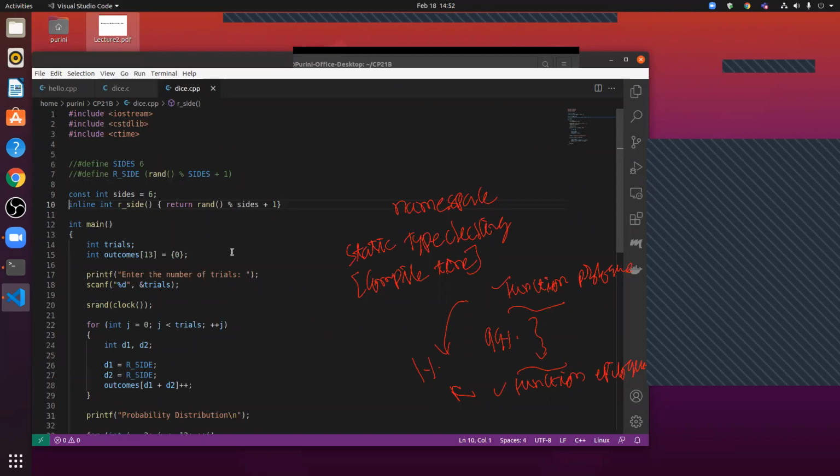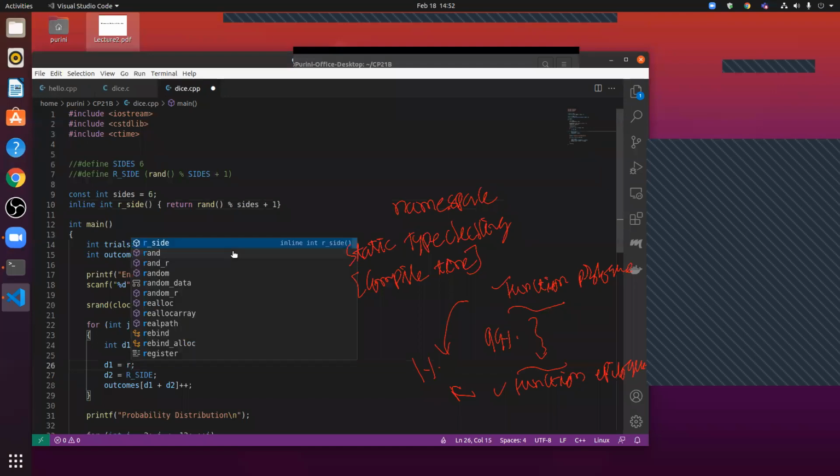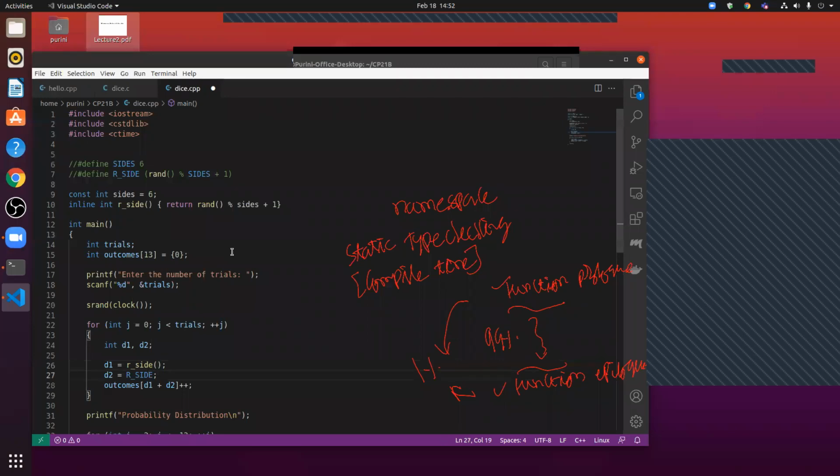What inline means is that wherever this is called, you don't call that function, but the function call is replaced with the instructions associated with that function. The instructions associated with r_side are replaced.